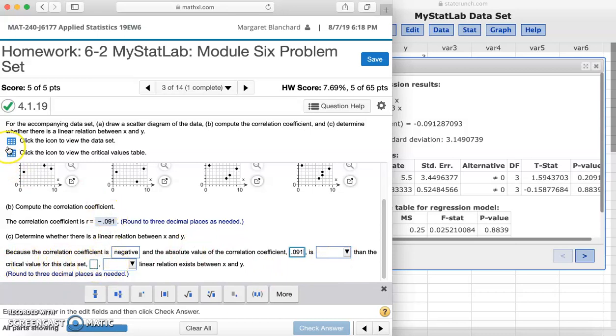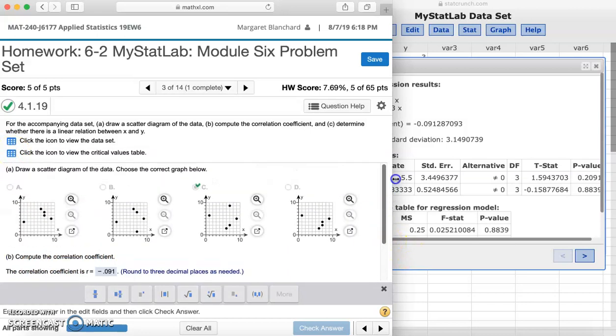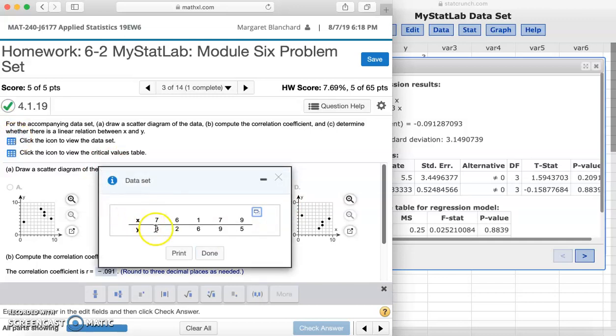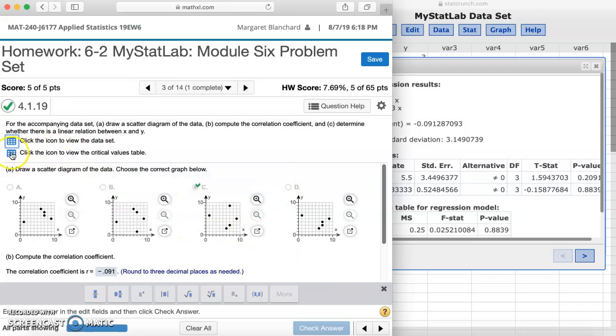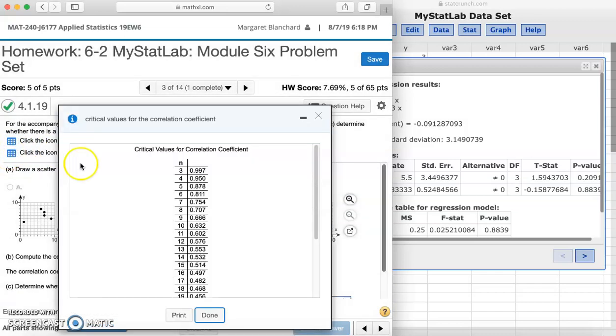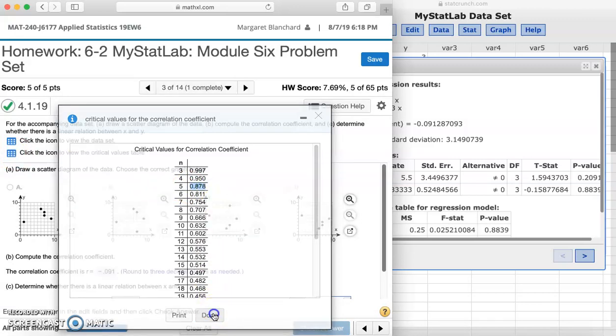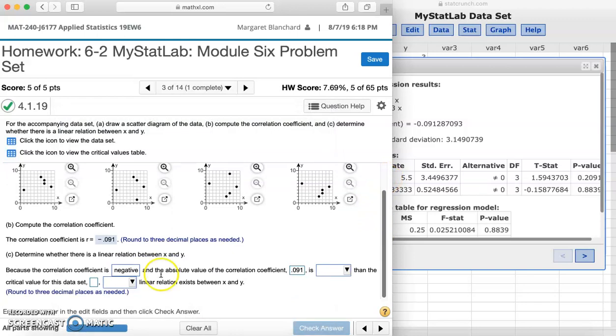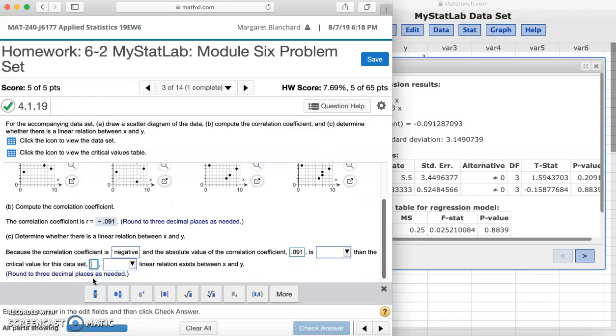So the next step we need to do is look at our critical value. Remember, the critical value depends on the data size. We can tell right here our n equals 5. We can also open up the data set and see we have 1, 2, 3, 4, 5 data points. So now let's go to our critical value table, go down to n equals 5. So our critical value is 0.878. I'm just going to copy that, go right down here, and I'm going to put it in there for that